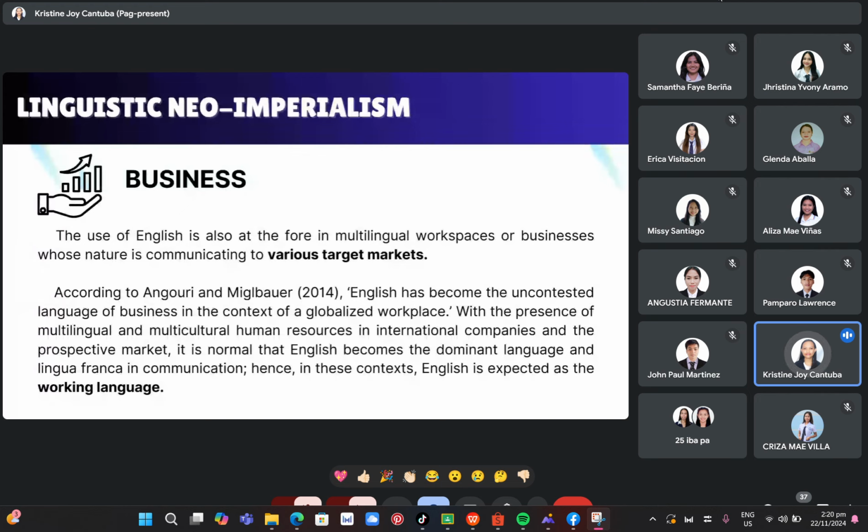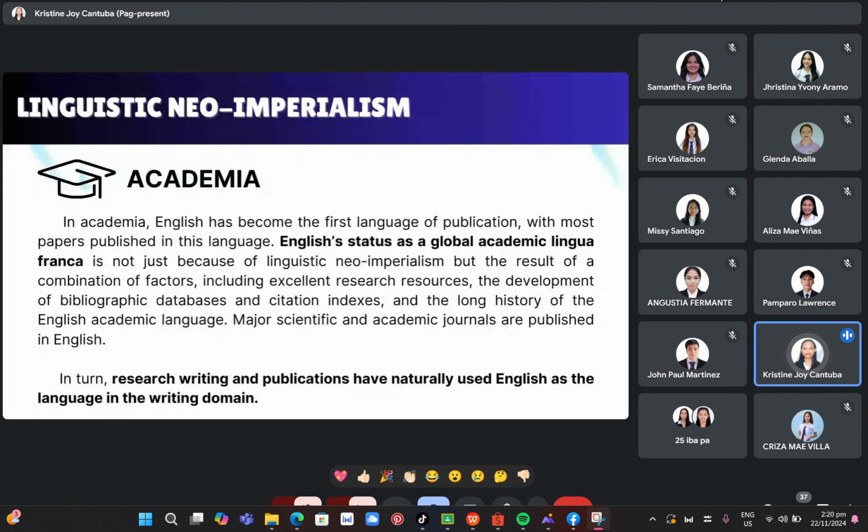Hence, in this context, English is expected as the working language. And next, linguistic neo-imperialism in the domain of academia. In academia, English has become the first language of publication, with most papers published in this language. English status as a global academic lingua franca is not just because of linguistic imperialism, but the result of a